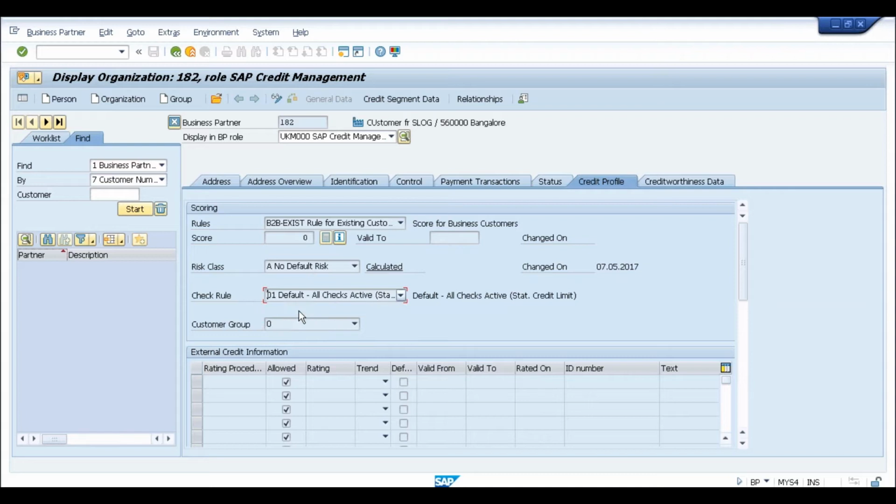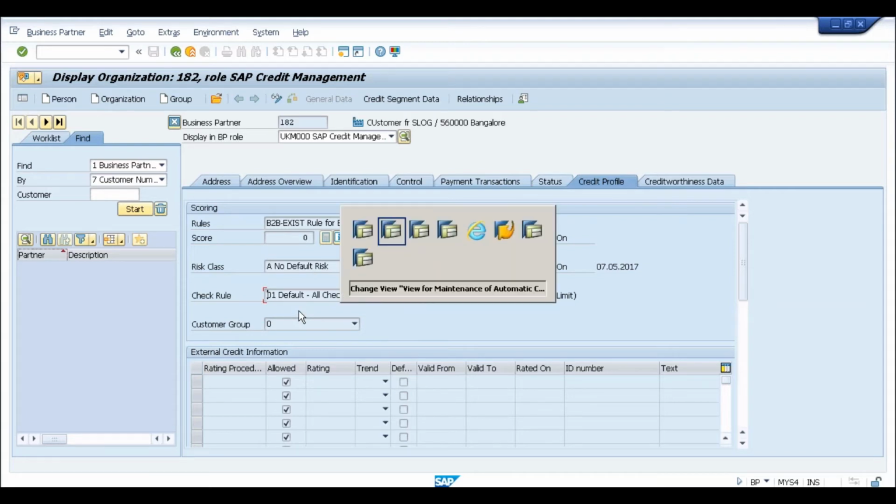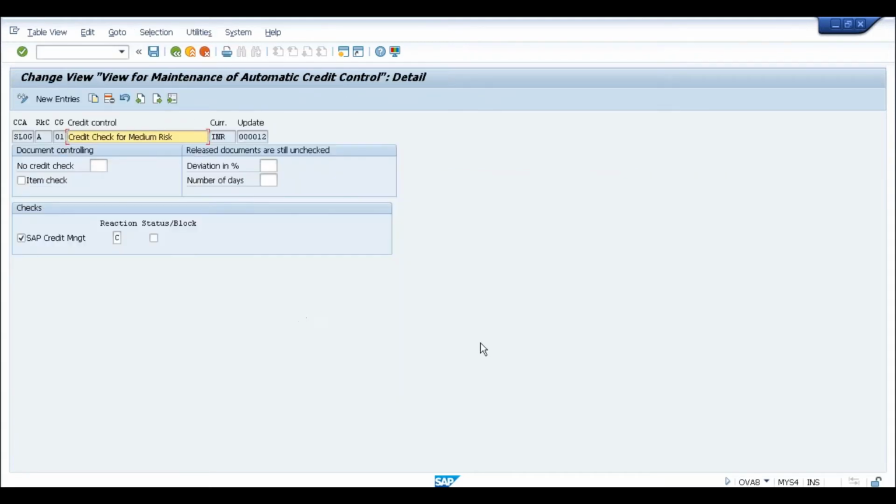Under this check rule, there are a lot of different conditions which were available in OVA8 till now. So all these checks which were available till now are moved to the check rule.